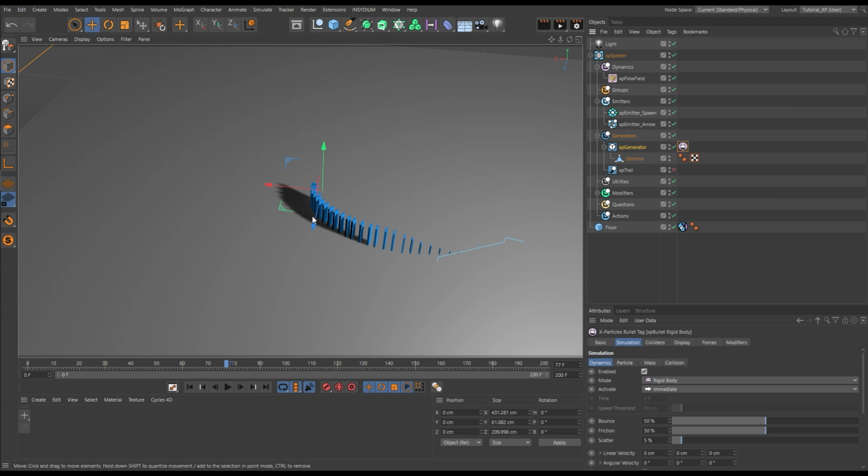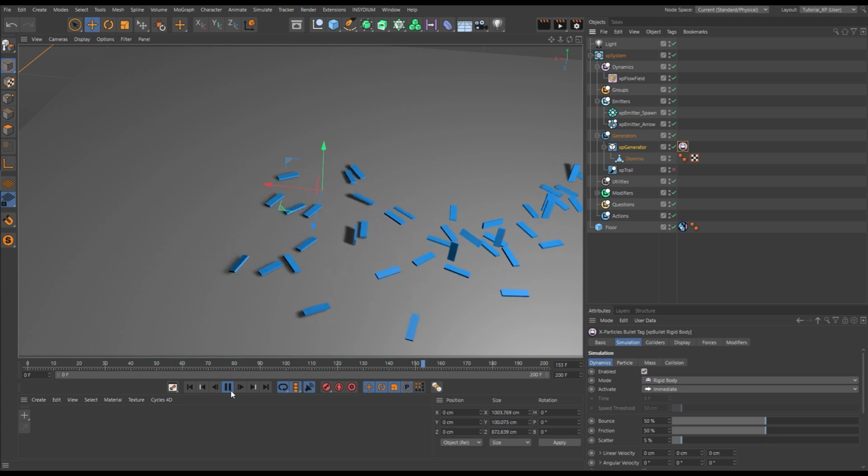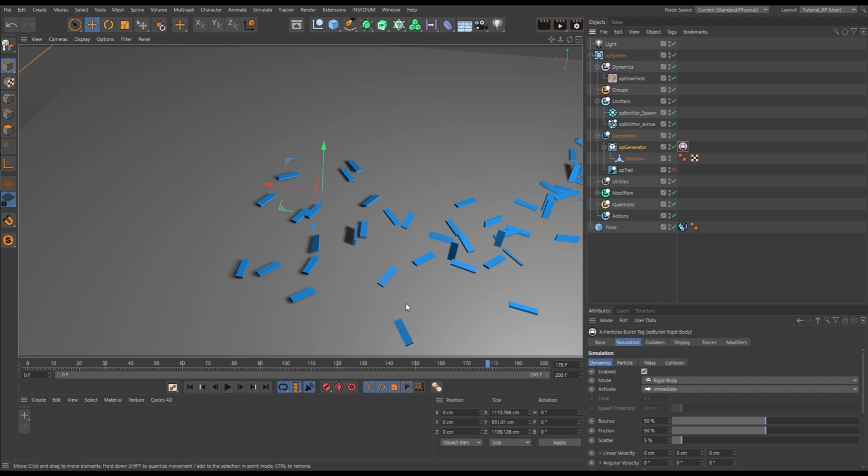So now these will have dynamics. And if we hit play, you're going to see that it's not going to really look like what we're hoping for. They're all kind of falling over, and then we're getting this bouncing and jittering about. And the reason we have got that is a couple of things. The main reason is that all of our dynamics tags have bounce and friction settings, and the bullet tags have